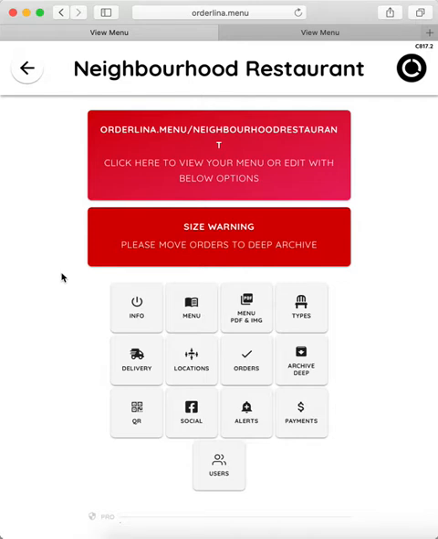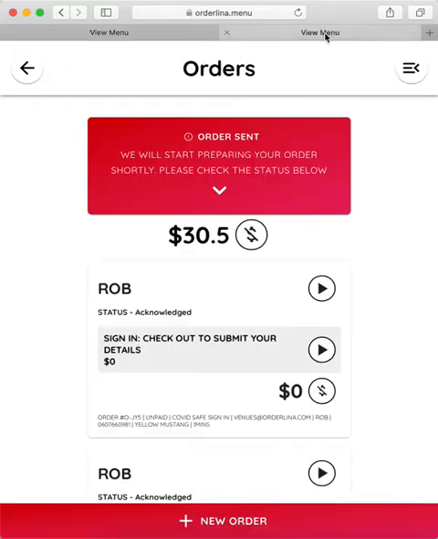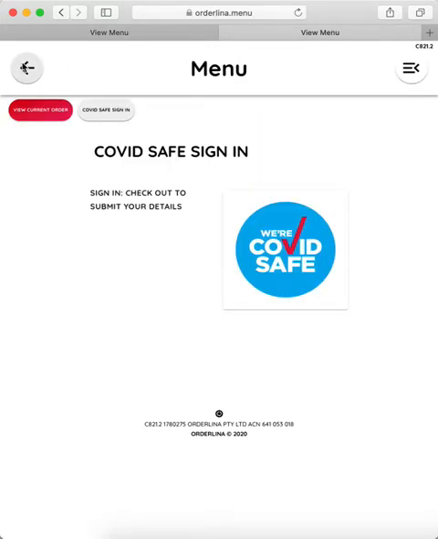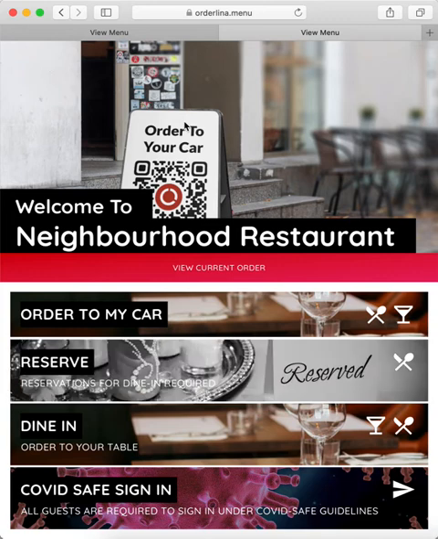One solution, such as the Orderlina QR menus, can be used for multiple applications if we're a little bit creative. Okay, so the last one I want to show is reservations. We have had a lot of feedback that reservation solutions are quite expensive. So here's just one way that you can use your digital QR menu with Orderlina to be able to take